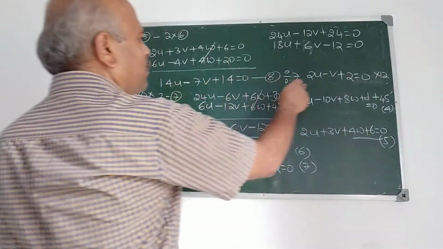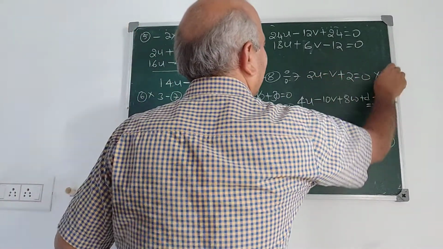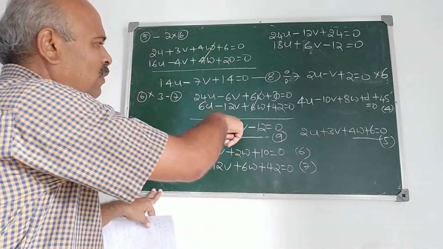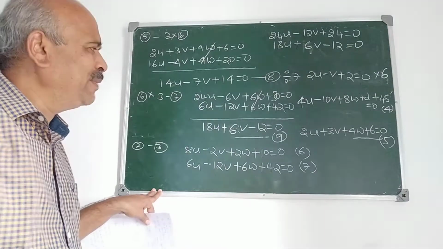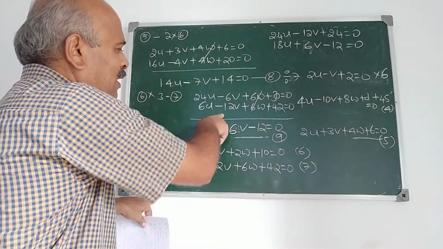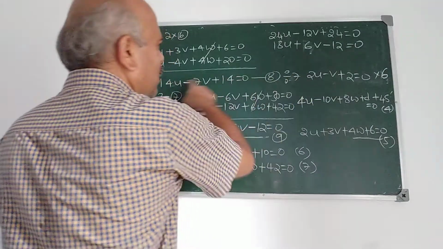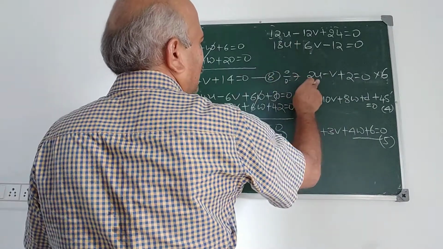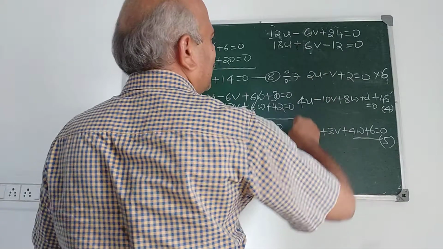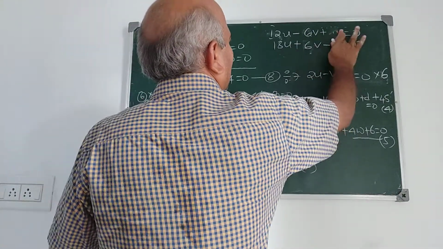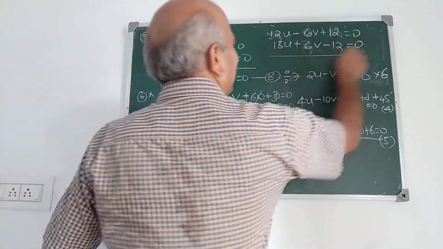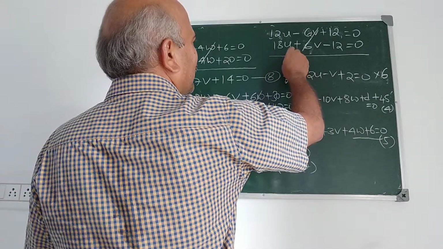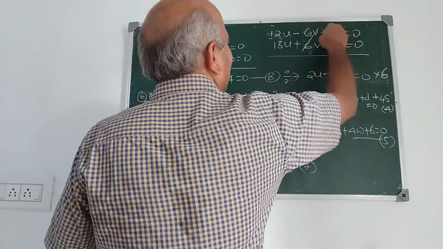So what is this equation? 2u minus v plus 2 is 0, multiply by 6. Only elimination here; I made a mistake while calculating. We are also human beings. Some mistake was there. Minus 6 plus 12 is plus 6. And therefore, to eliminate v, we multiply by 6 here. What do you get? 12u, correct? Minus 6v plus 12 is equal to 0. Now we add this. What do you get? 18 plus 12, and this also cancels here.